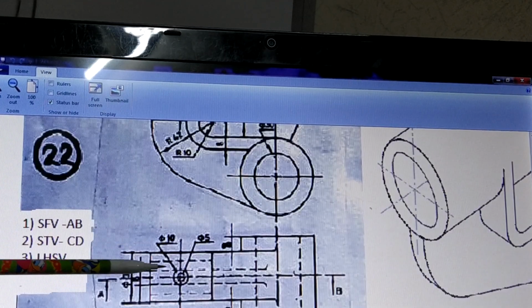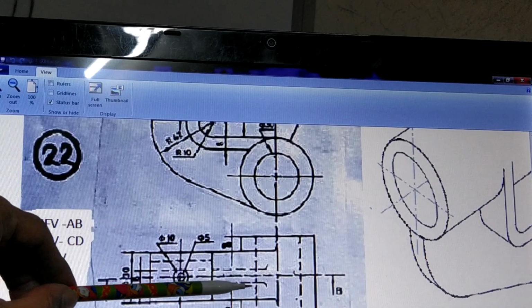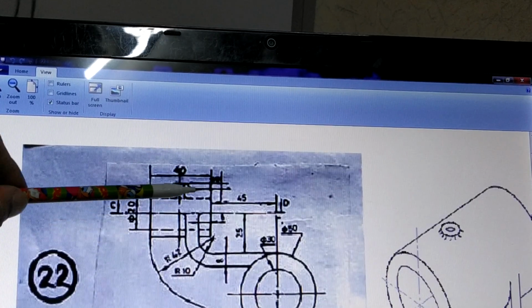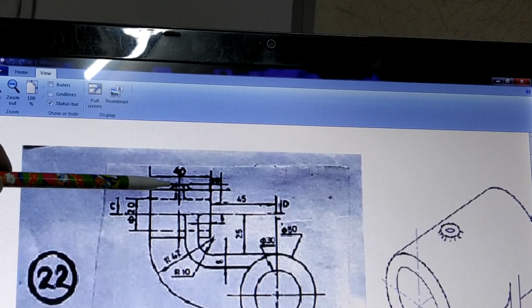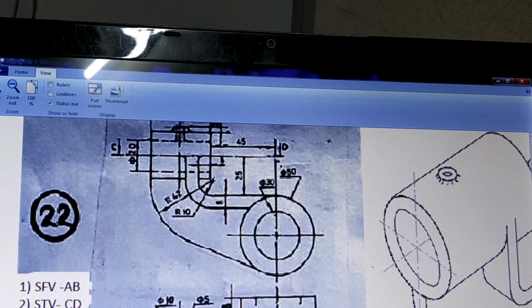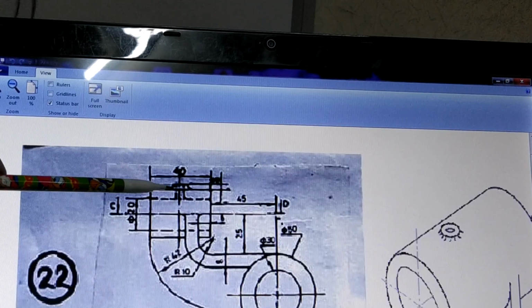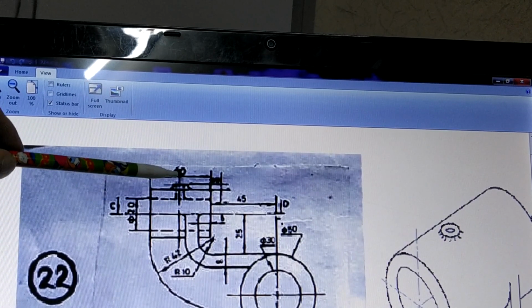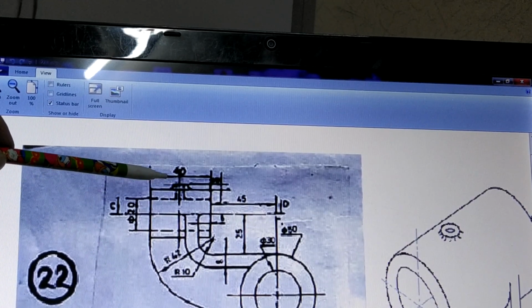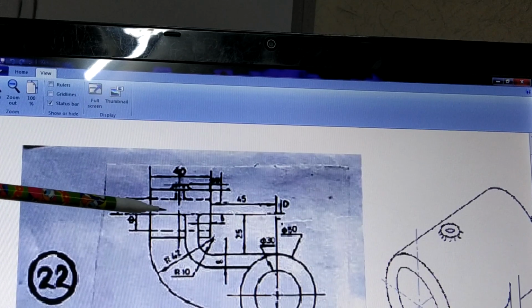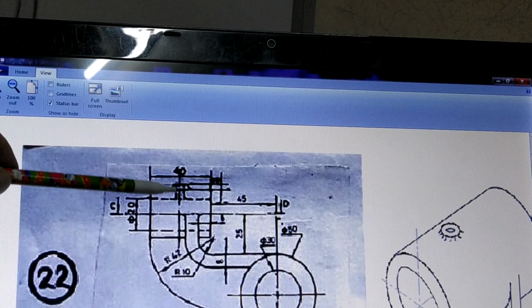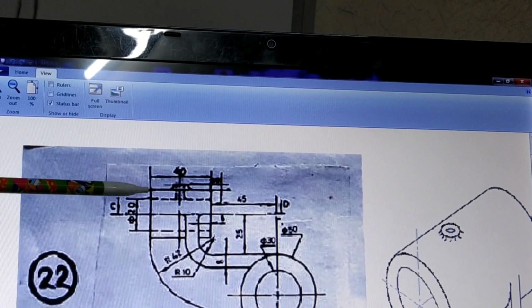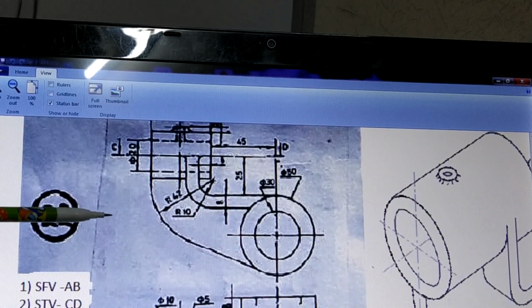So this rib is again shown here by the dotted lines, and at the same time, like what we have discussed earlier, there is some kind of an opening here, and that opening is shown over here by diameter 10 and diameter 5. So this diameter 5 hole is there. Most probably this kind of a hole is meant for pouring oil into this particular place. There could be some shaft which is rotating and the friction is avoided by pouring oil from here. So this is the figure as what it is shown.